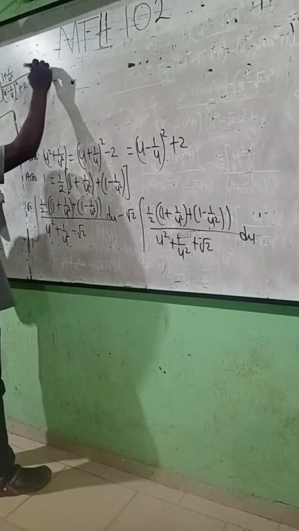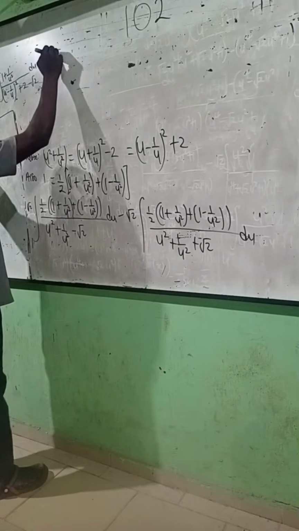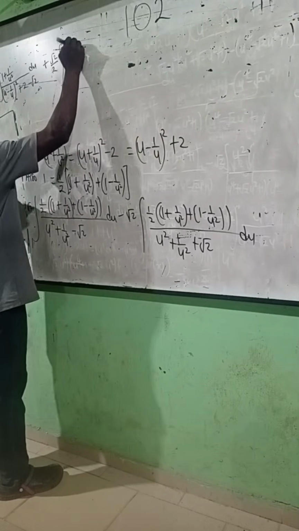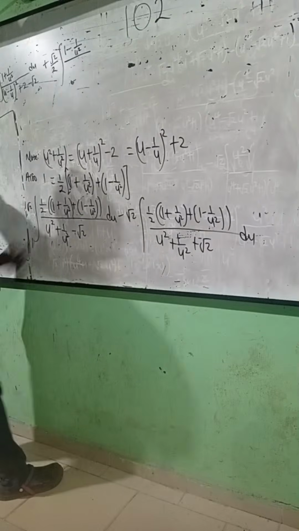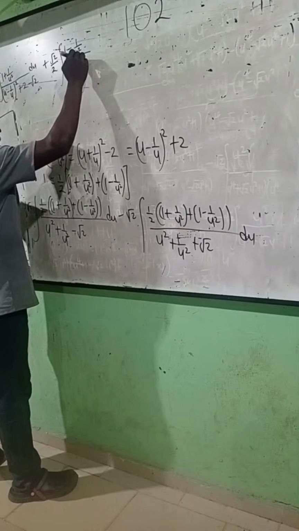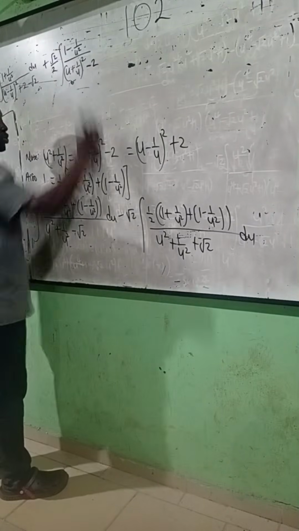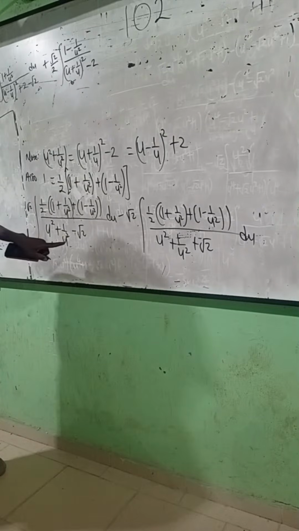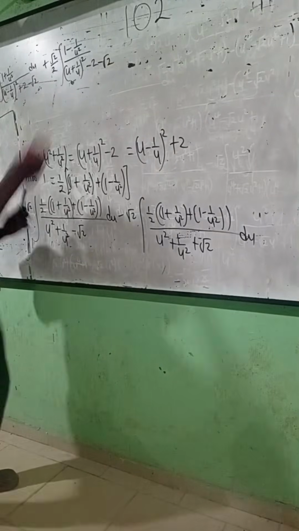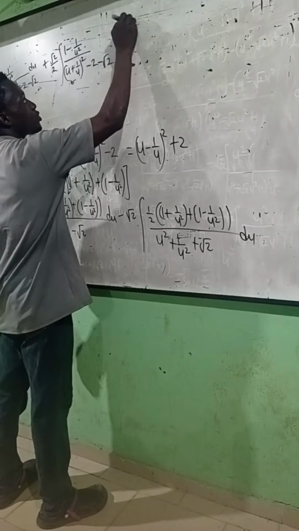Then the next one, plus root 2 over 2 integral of this, 1 minus 1 over u squared divided by, I'm writing this instead of this, u plus 1 over u all squared minus 2 minus root 2. Then the next one, minus root 2 over 2